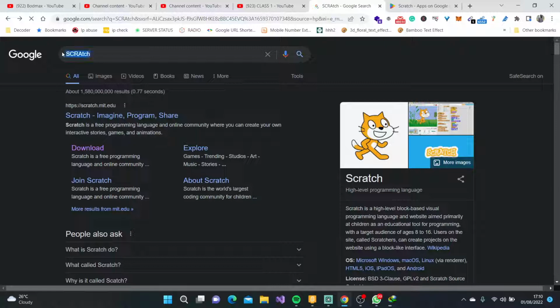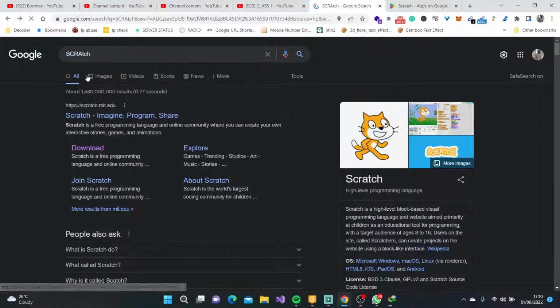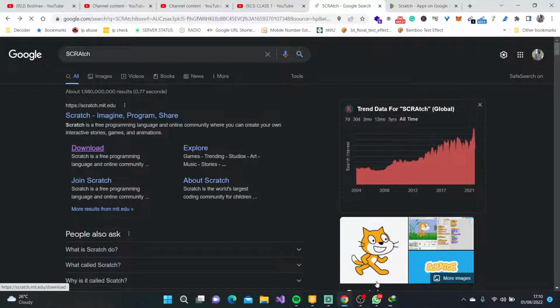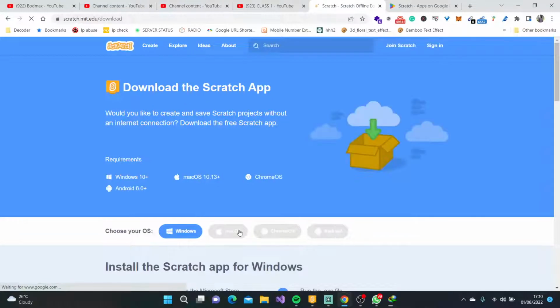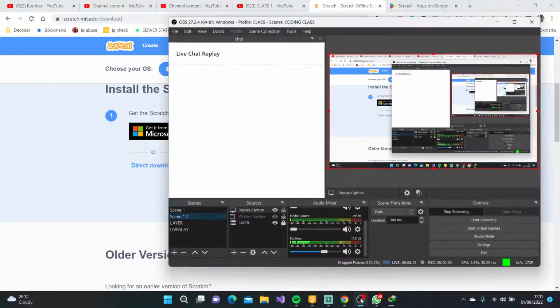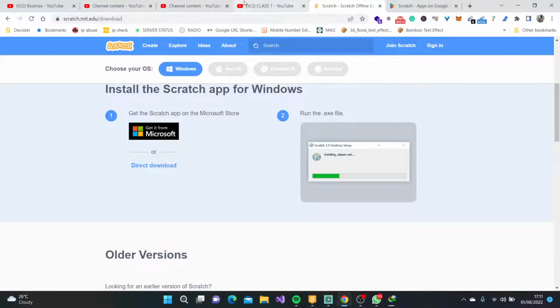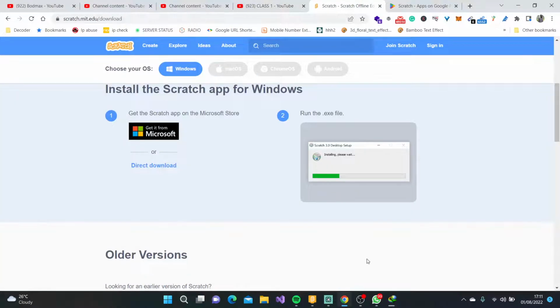For Scratch, you click download, and then when you click download, you find yourself here, and after you click here, then maybe you should try the mobile. As I was saying, I don't know much about the mobile. After you download, let me see if there's any other question. Okay, no question. Okay, after downloading,